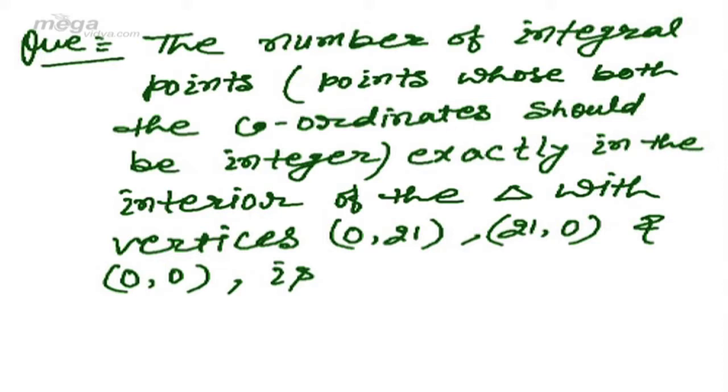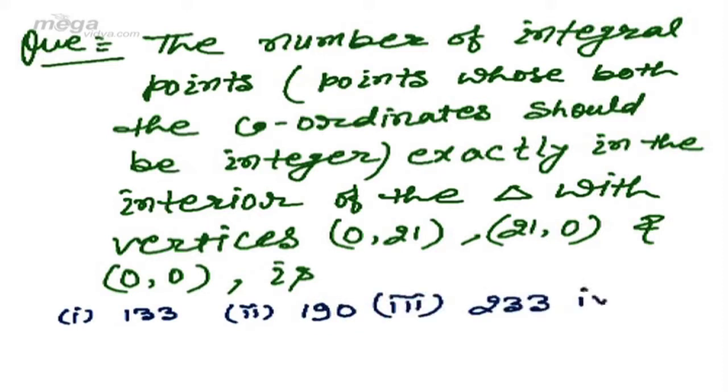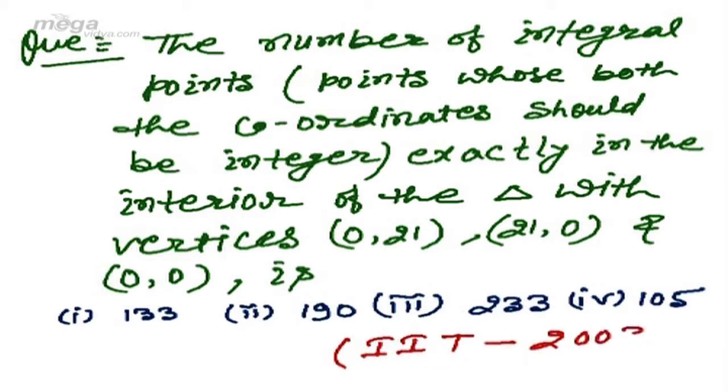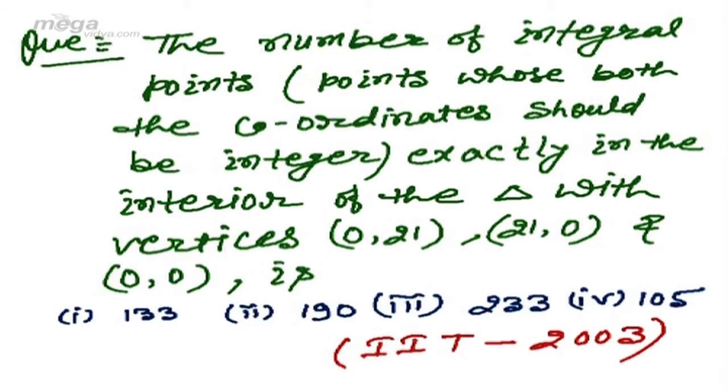(0, 0) is. And your options are: the first option is 133, the second option is 190, the third option is 233 and the fourth option is 105. This question is from the IIT 2003 entrance examination. Now student, according to the question, there are three vertices of the triangle